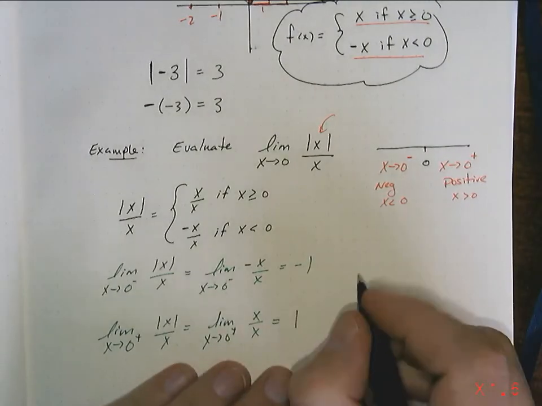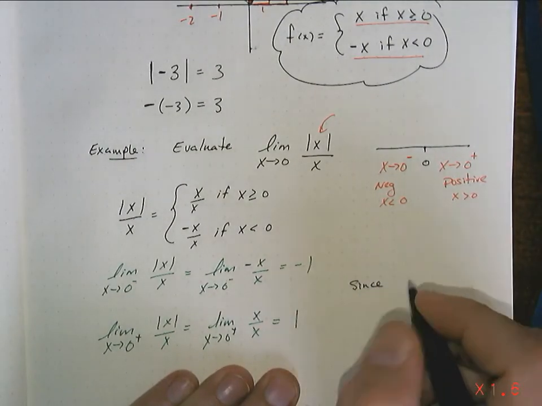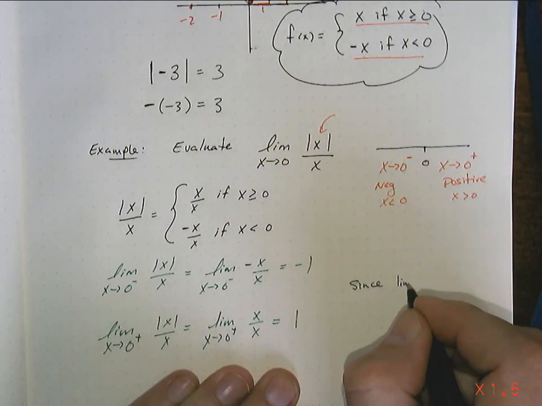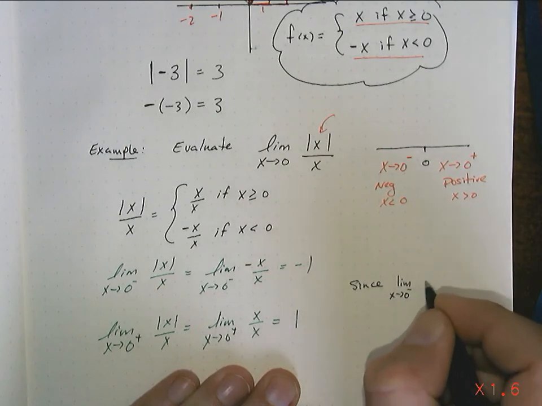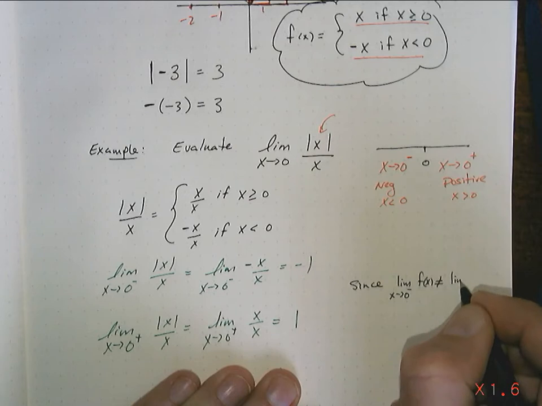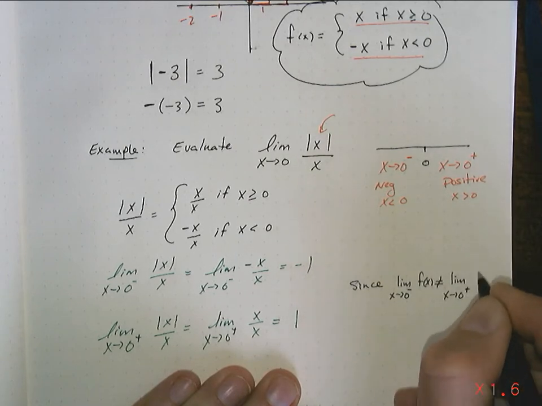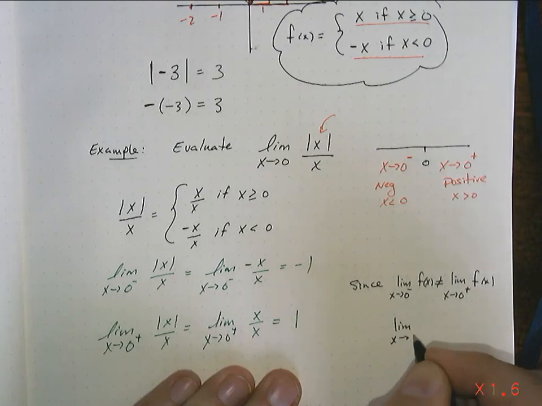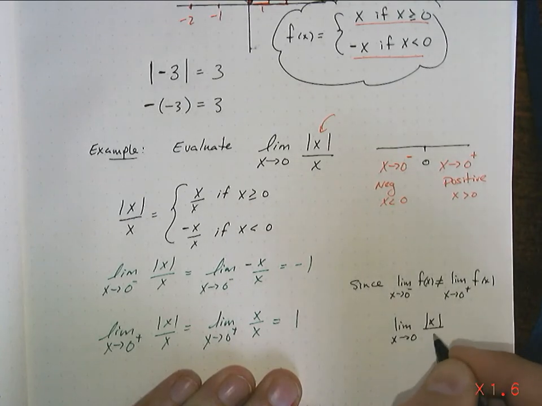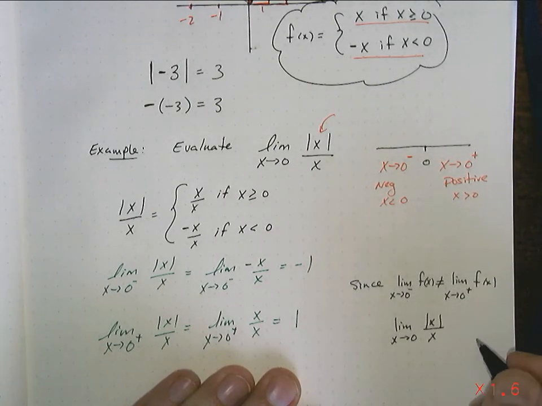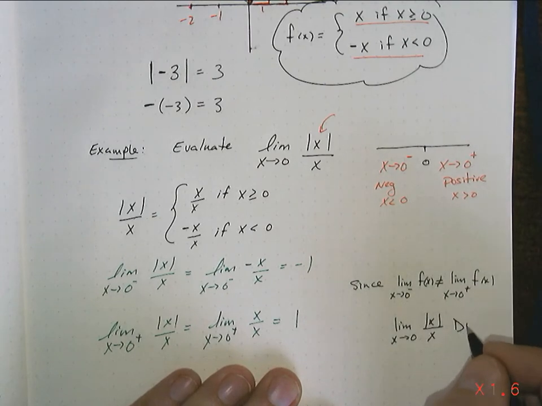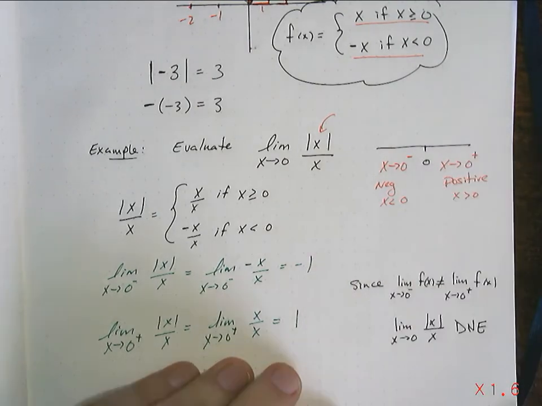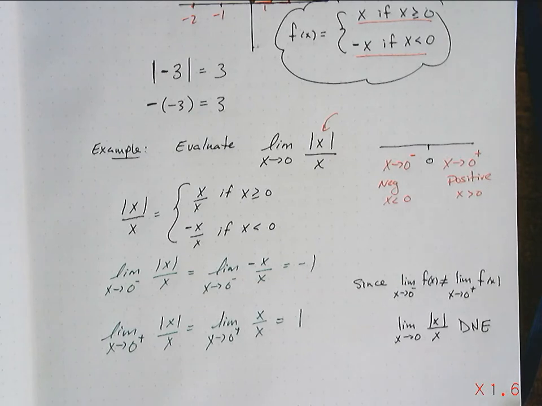So since the limit as x approaches 0 from the left of f of x does not equal the limit as x approaches 0 from the right of f of x, we say that the limit as x approaches 0, and instead of calling it f of x, I'll call it what it was, the absolute value of x over x, does not exist. And if we had to draw a picture of what this looked like, ladies and gentlemen,